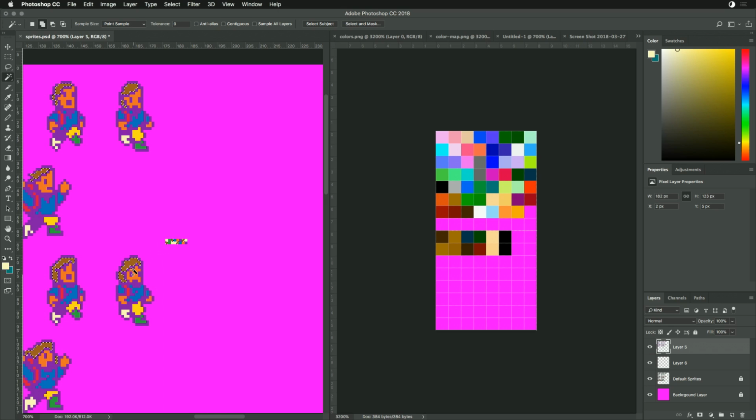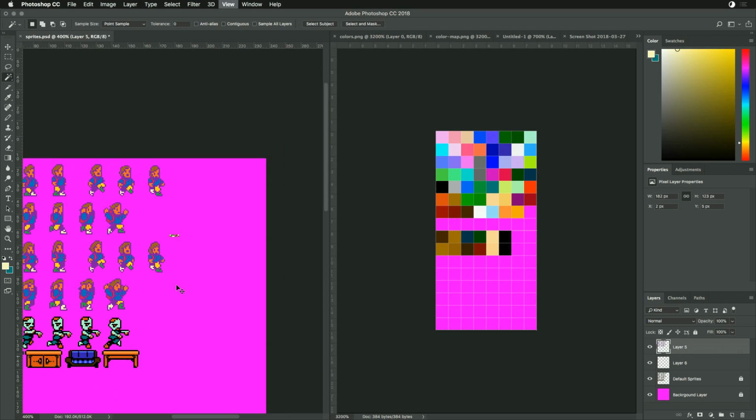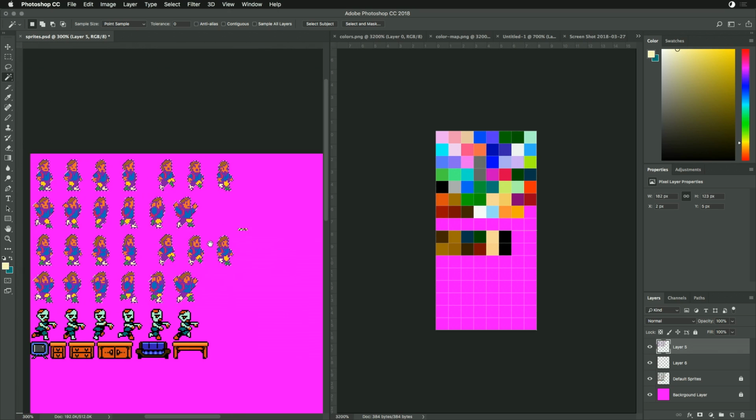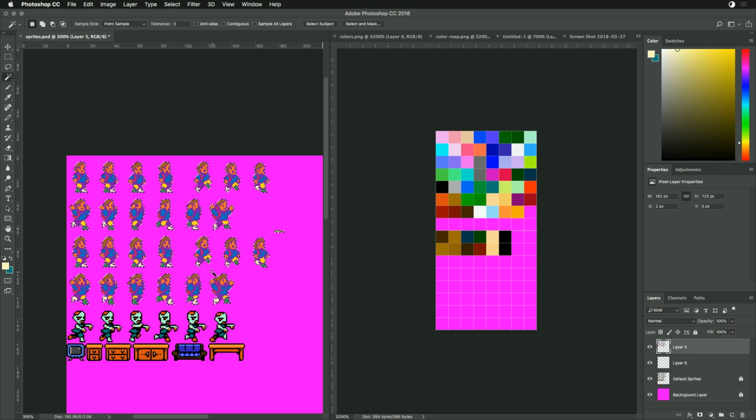All right, so now what I just want to make sure is that every color is unique. So now I'm just going through and selecting each of the colors just to make sure that they are there. And we're getting a full selection here. We're getting a full selection here, and it looks like there aren't any missing colors right now. So that at least allows us to realign